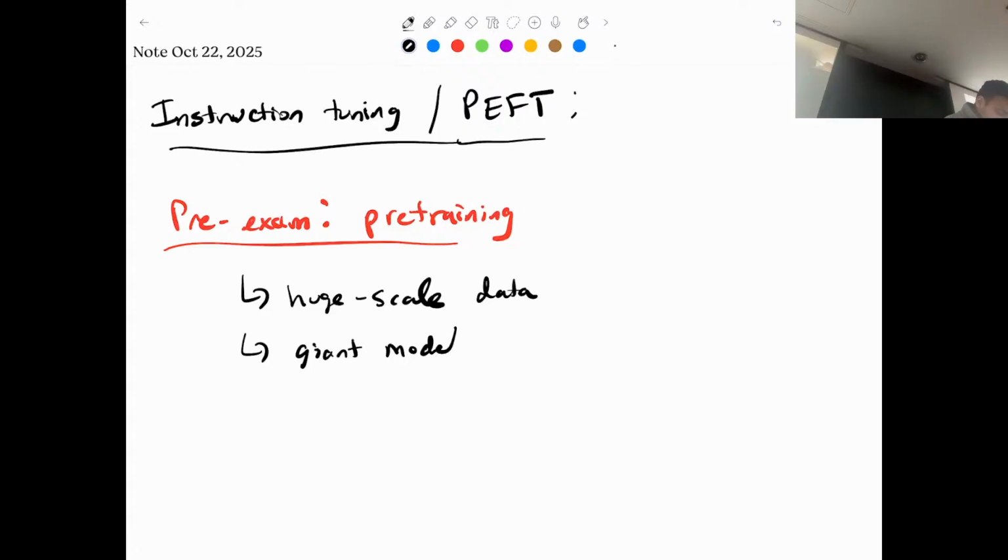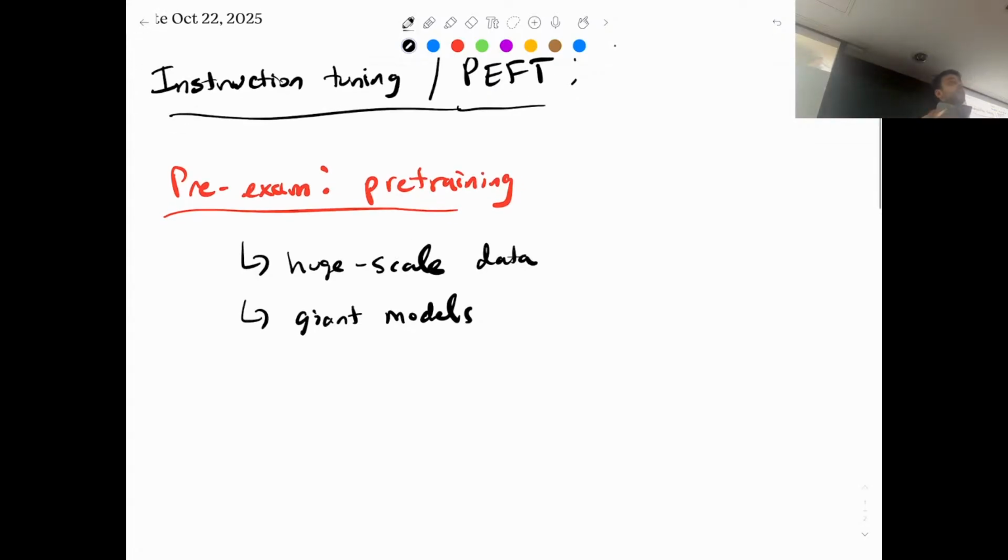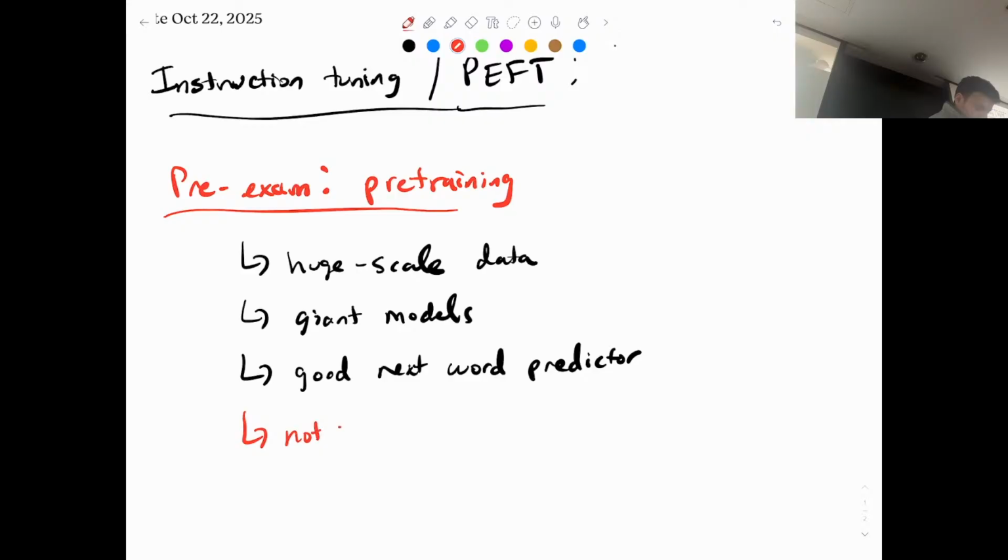We were talking about scaling laws and how bigger data and bigger models make our training loss, which is predictive of the test loss, decrease. But at the end of all of this training, we are left with a good next word predictor, but not so good